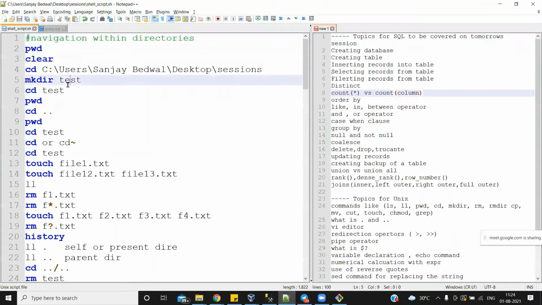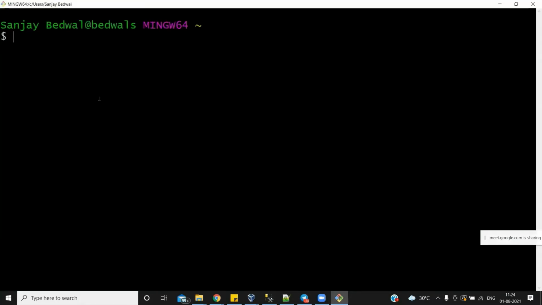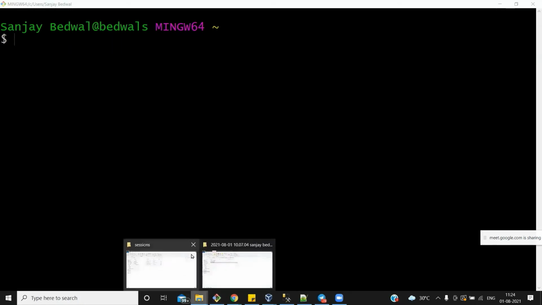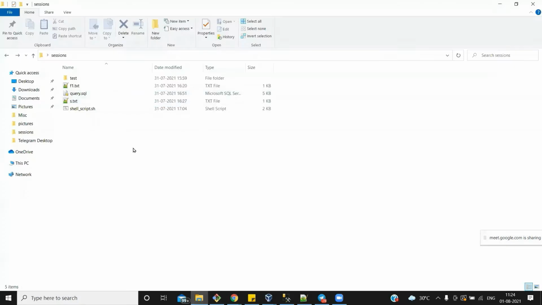So first of all, if I want to know which directory I am currently in, I will compare it with Windows so that you understand it very clearly. In Windows, I can see over here which directory I am inside. I am inside C, Users, Sanjay Bedwal, Desktop, and then sessions.